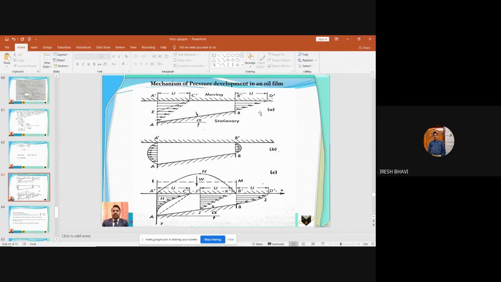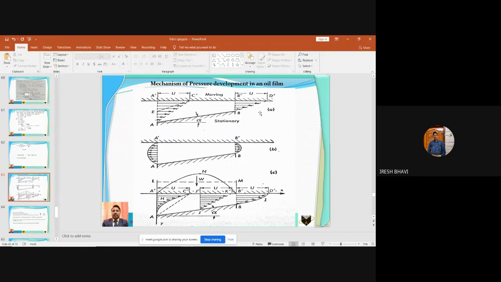So between the journal and the bearing there will be a clearance, no? And that clearance will be completely filled by oil in a hydrodynamic journal bearing, because that journal bearing is completely immersed in oil, or else the journal bearing will be completely closed and into that cavity the lubricating oil will be filled. And when the lubricating oil is filled, due to rotation of the shaft, the pressure will be generated after